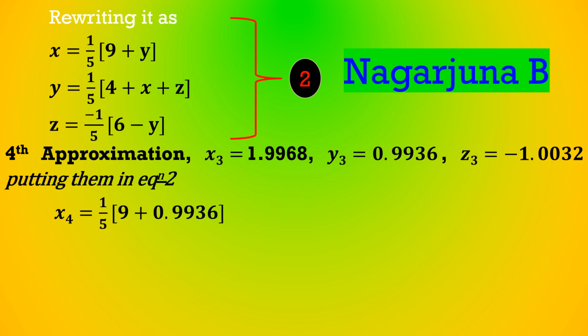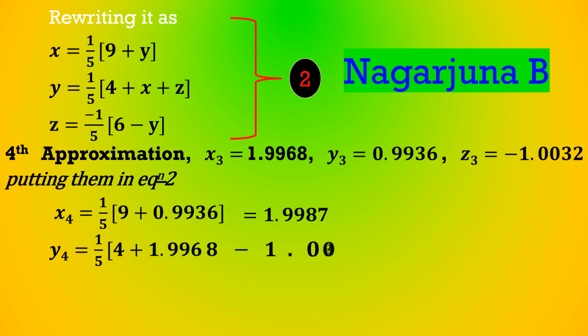In the calculator, open the bracket, 9 plus 0.9936, close the bracket, divided by 5, and that answer is 1.9987. The next, y4 is equal to 1 divided by 5 into 4 plus x 1.9968, then z minus 1.0032. In the calculator, open the bracket, 4 plus 1.9968 minus 1.0032, close the bracket, divided by 5, and that answer is